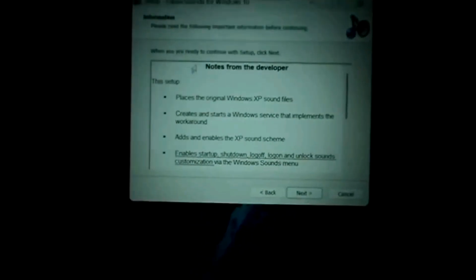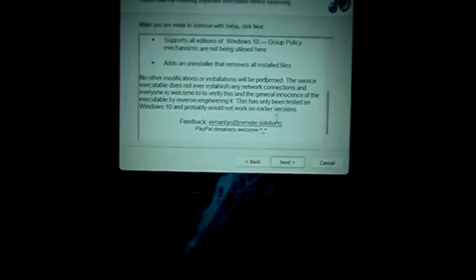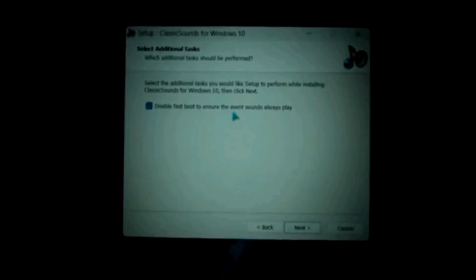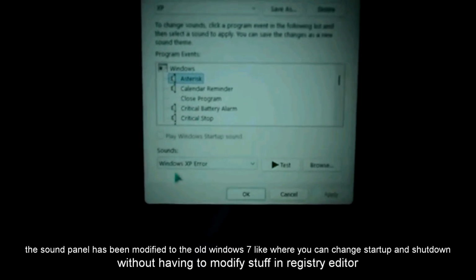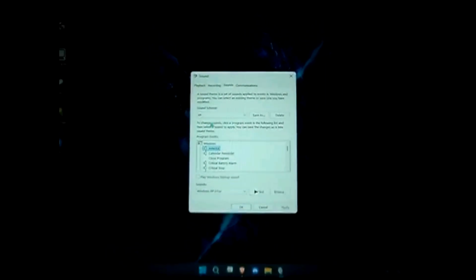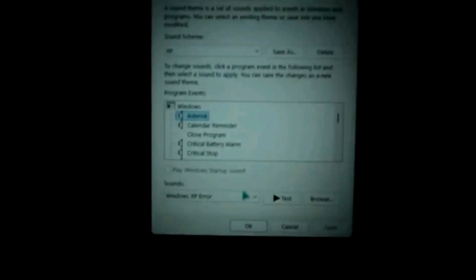These are the notes of the developer, where it places the sound files of the Windows XP and such. And we also gotta disable fast boot if y'all don't use this feature, right? And then we press next, and it will do the procedure automatically. It installed it and has launched the sound panel, and every sound now has been changed to the XP sound scheme. So if I test this,